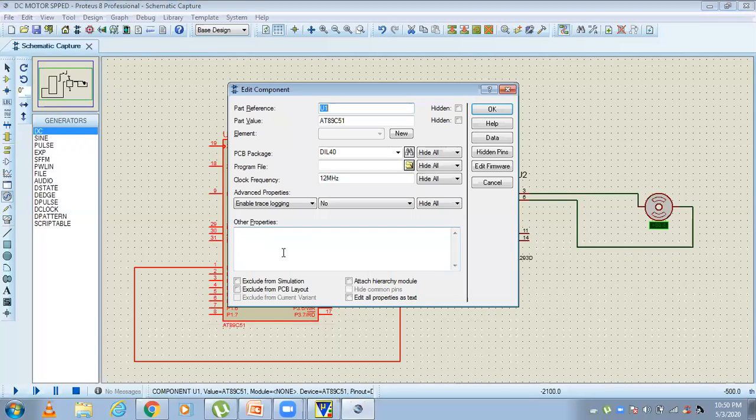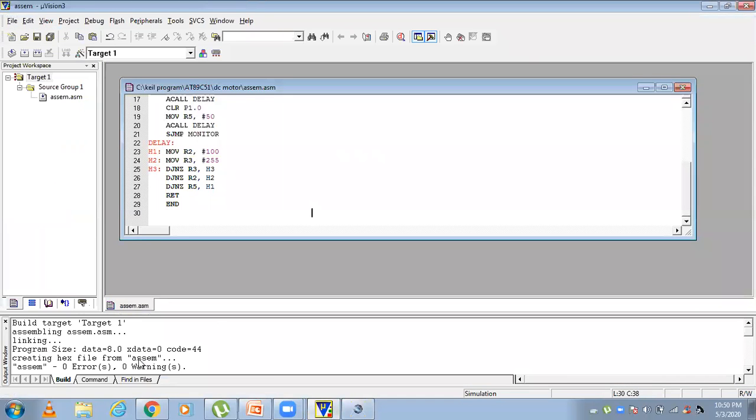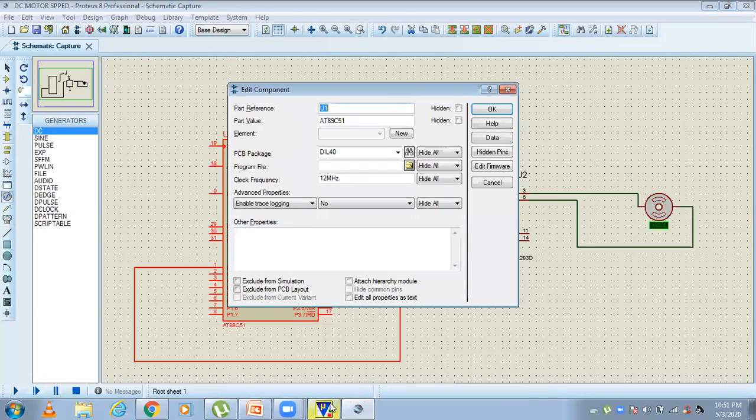Now I have to dump the code. We check whether this X file is generated. Yes, X file is generated. Then load this X file.